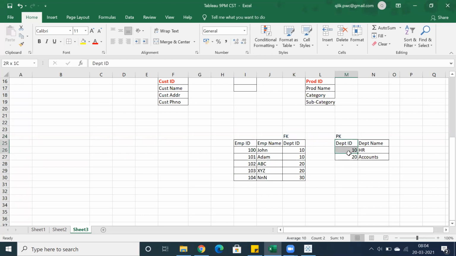But you can see in the actual department table, we have only 2 departments. But in the employee table, with the relationship on department ID, I have 10th department. That's good because we have 10th department here. I have 20th department, which is also correct, but I have 30th department. Is it valid or invalid? Do you have a 30th department?